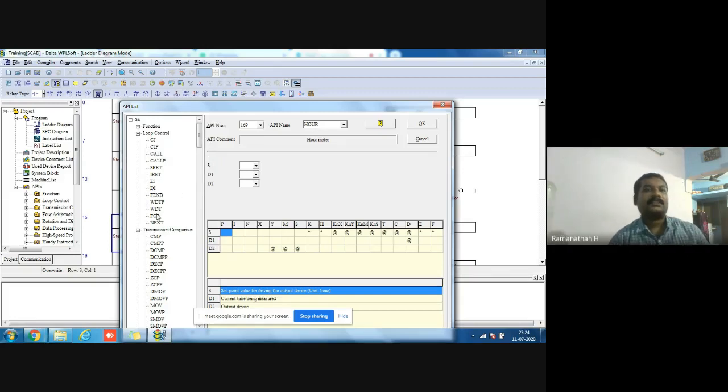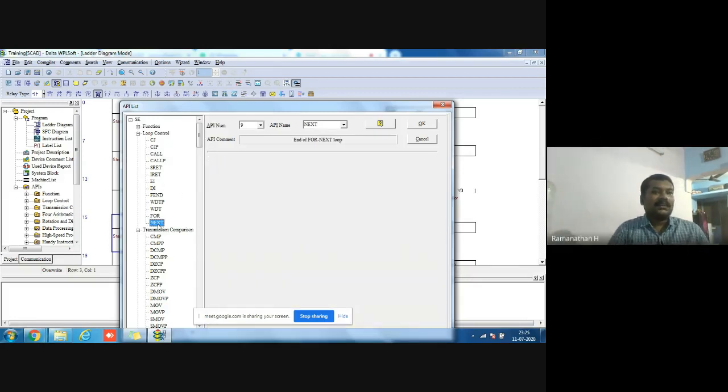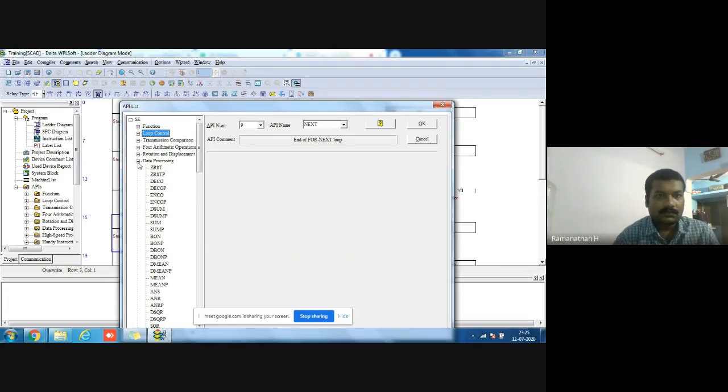These are looping instructions: FOR loop, then CALL, jump, NEXT, and FOR NEXT. That type of looping instructions here. Maximum the basic instructions is this much only.